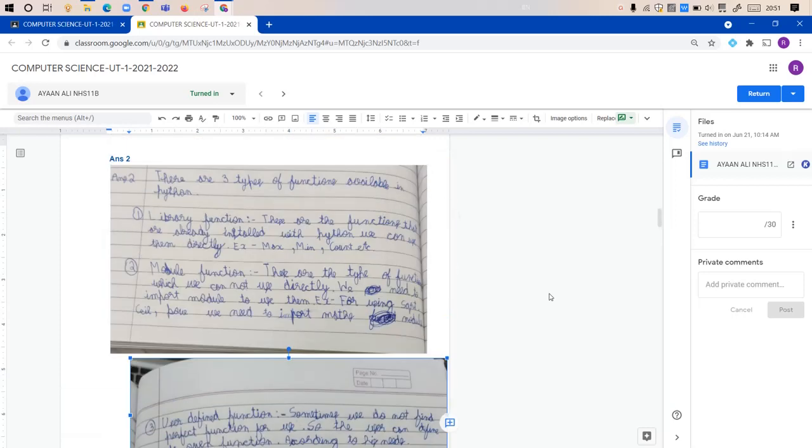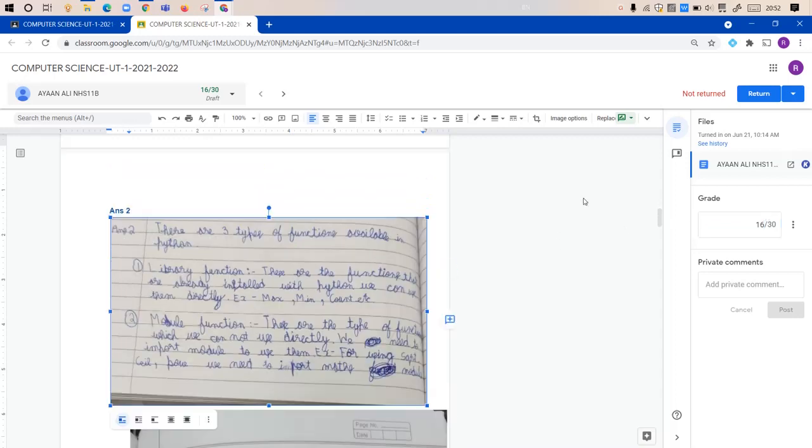Once you have checked all the answers, you can give marks here in the grade section. Just count the total of the child and give those marks in the grade section. So let's say the total of the child is 16. I'll give 16 out here. This is first method and the simplest one, which you can use to check the answer sheets of the paper or the Google documents uploaded by the child. Now the second method. Now second method is a little bit tricky one.